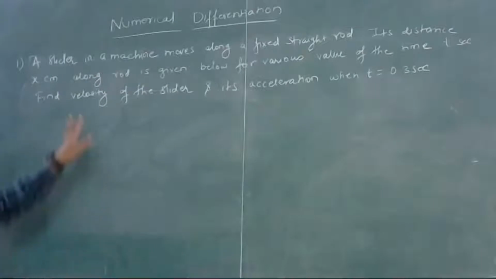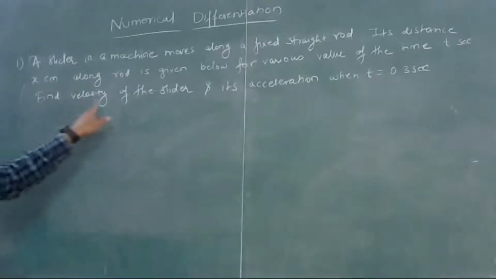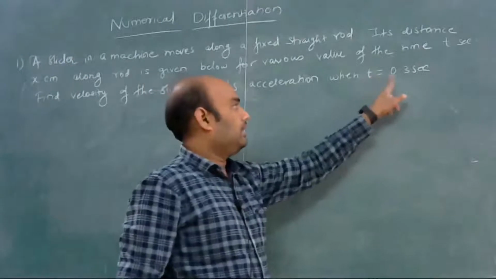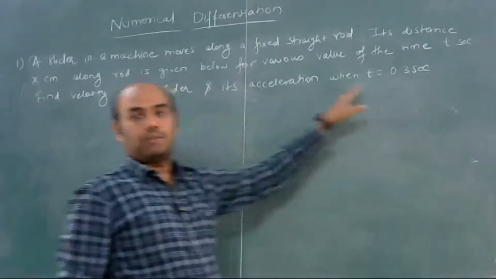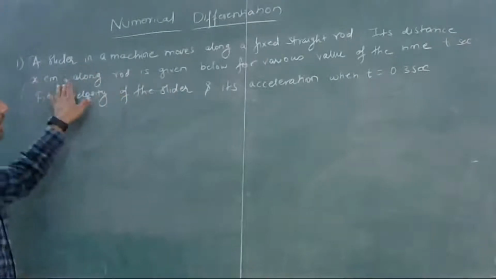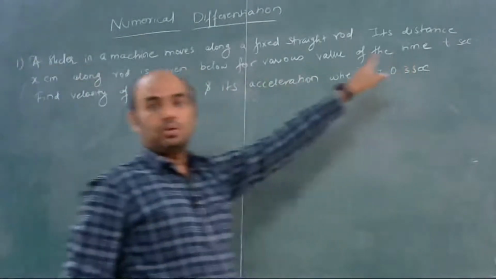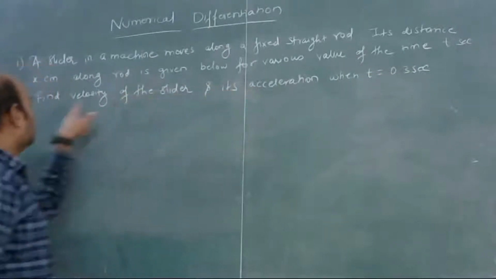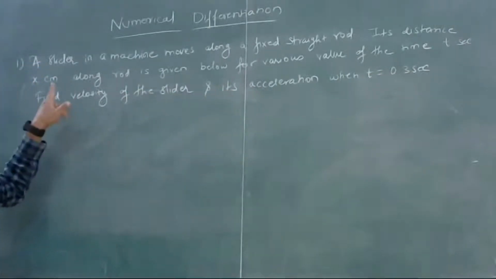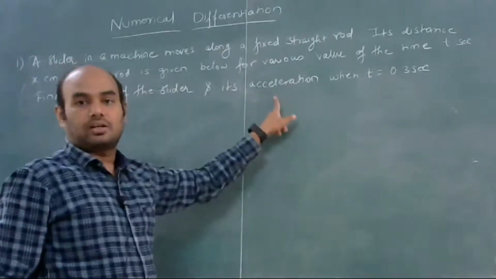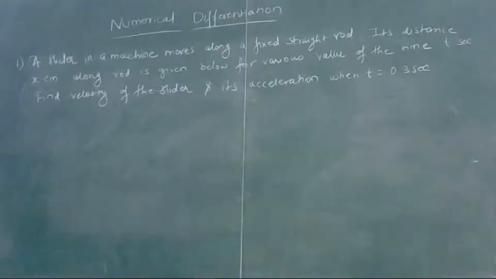Okay, so you have to find velocity of the slider and its acceleration at t is equal to 0.3 second. Okay, so here distance is given and time is given. So if you differentiate distance with respect to time, you will get velocity, and if you differentiate this velocity with respect to time, you will get acceleration. Okay, so this is the application of